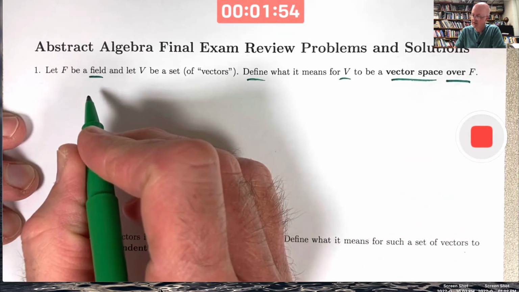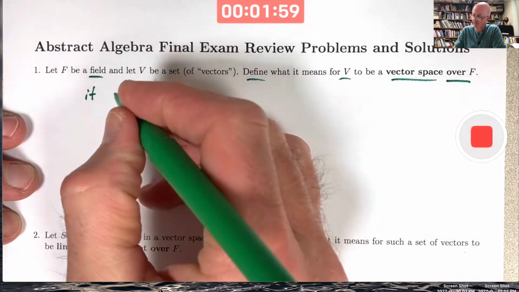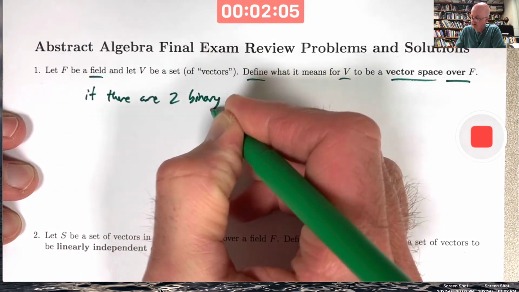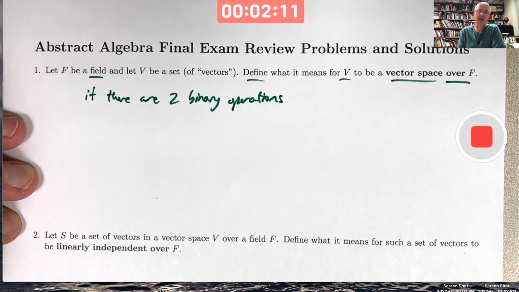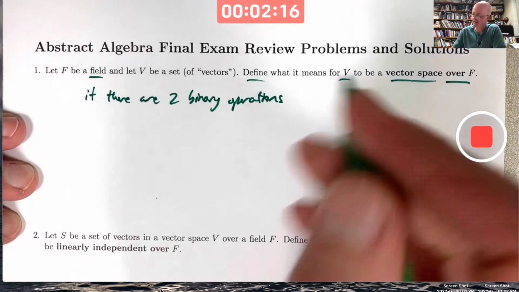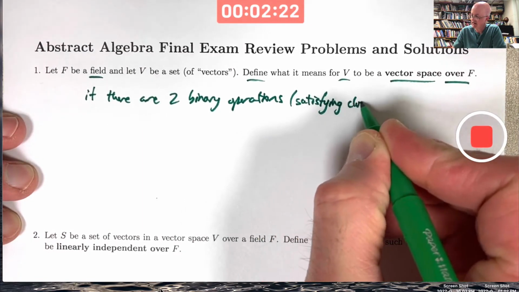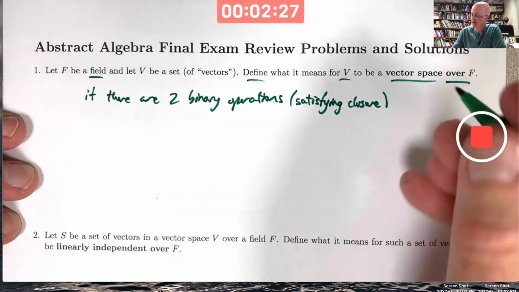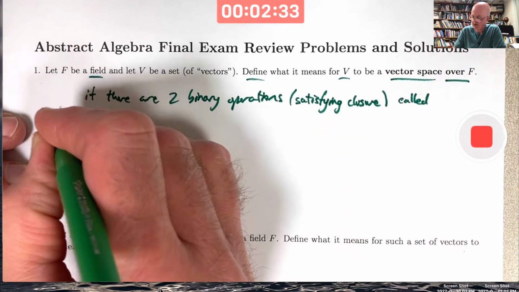So V is going to be a vector space over F if there are two binary operations. And by binary operations, at least in the textbook that I use by Joe Gallian, it's assumed that that means satisfying closure. I will put that as an extra comment here, but for my students, that's already part of the definition of a binary operation. Two binary operations that have names called vector addition,